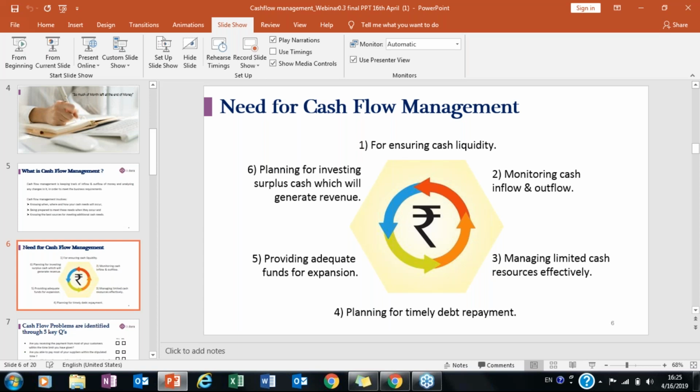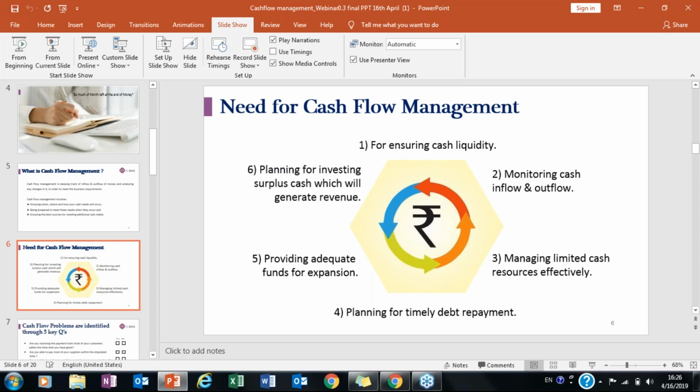Planning adequate funds for expansion, providing adequate funds for expansion. So when you do cash flow management, you get a better hang of your business, and you can actually plan expanding your business. Business expansion cannot be done within a fortnight. You cannot say, okay, tomorrow I want to expand my business, this is the amount I'm going to spend. It needs to be planned very well in advance to understand which area you are going to expand, who your target customers are, how you are going to meet their needs, and everything in advance needs to be planned. But one major portion which comes into the picture is cash. How are we going to expand it?